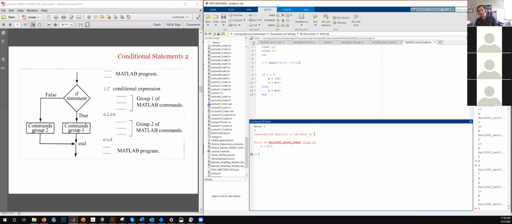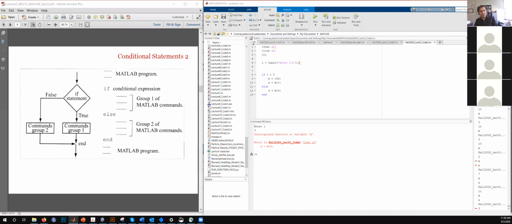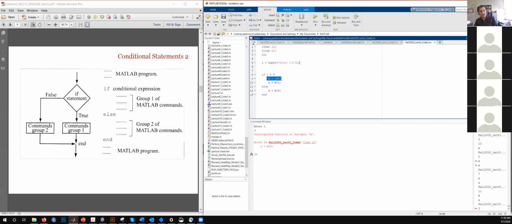We get this error. And why is that? Oh, because I is not greater than 5. M isn't a variable if I is less than 5. Yeah, I think you're right. Since I is not greater than 5, it doesn't really go to these lines where we had assigned M. So it goes directly to this else line. And then while calculating A, it doesn't really know what M is, so it cannot compute A.